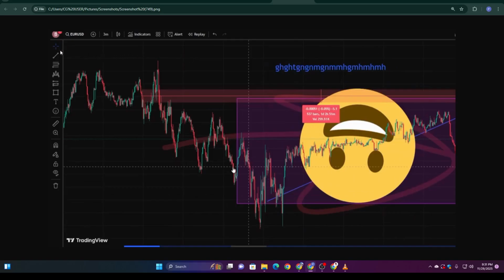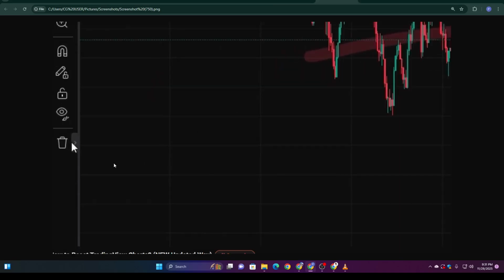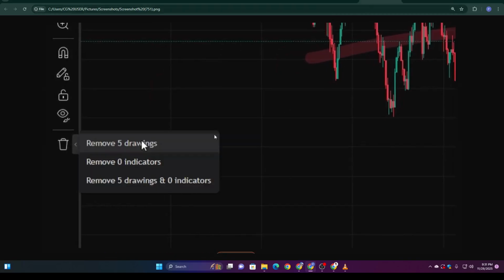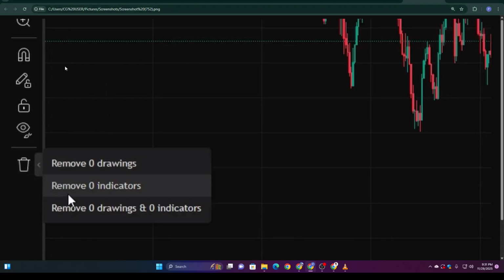On the left toolbar, find the trash can icon. Click it and a menu will appear giving you options to remove different elements. Select Delete Drawings, Indicators, and any other objects you've added. Make sure to confirm each prompt. It's quick, and in just a few clicks, your chart is a completely blank slate, ready for new setups or